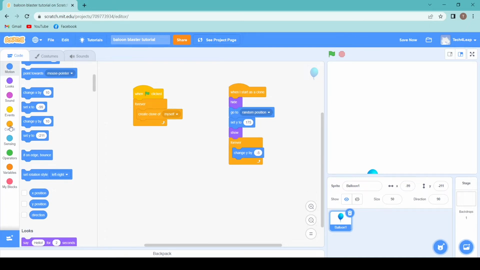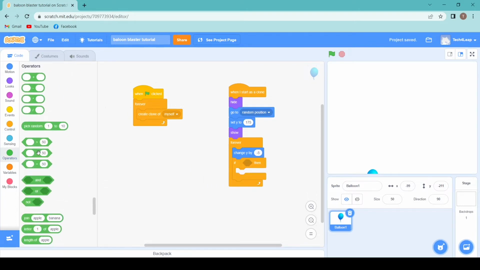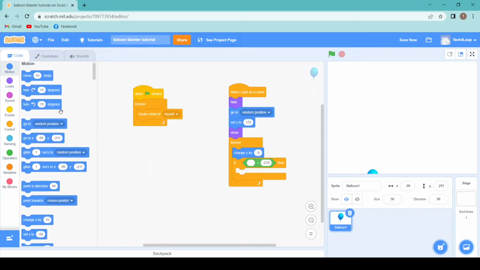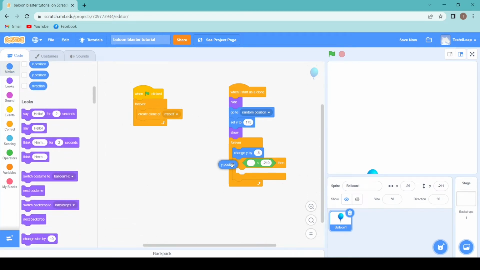So let's put an if statement. If, go to operators. It should be less than -210. What should be less than -210? The Y value should be less than -210. Okay, the Y position. Now when the Y position becomes less than -210, you want to end the